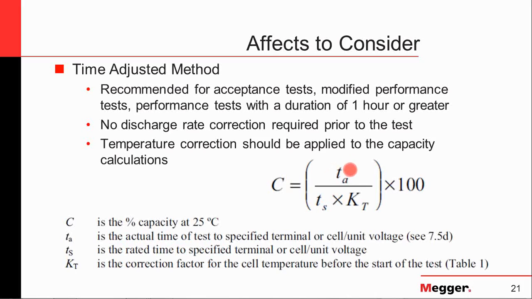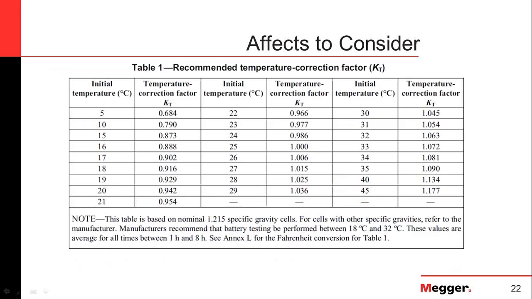And then this is the actual measured time, TA. And then I'm going to apply a temperature correction value, multiply that by 100, and that's going to give me my percent rated capacity at 25 degrees C. And this is the values, and you'll notice that